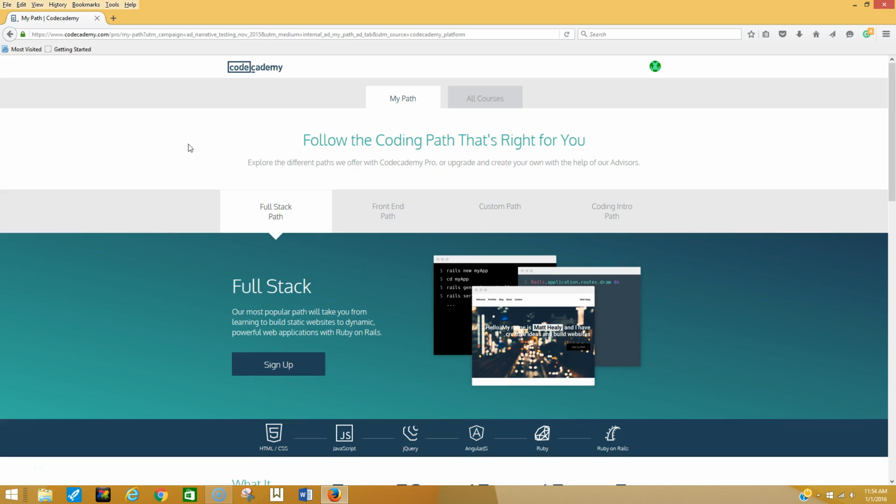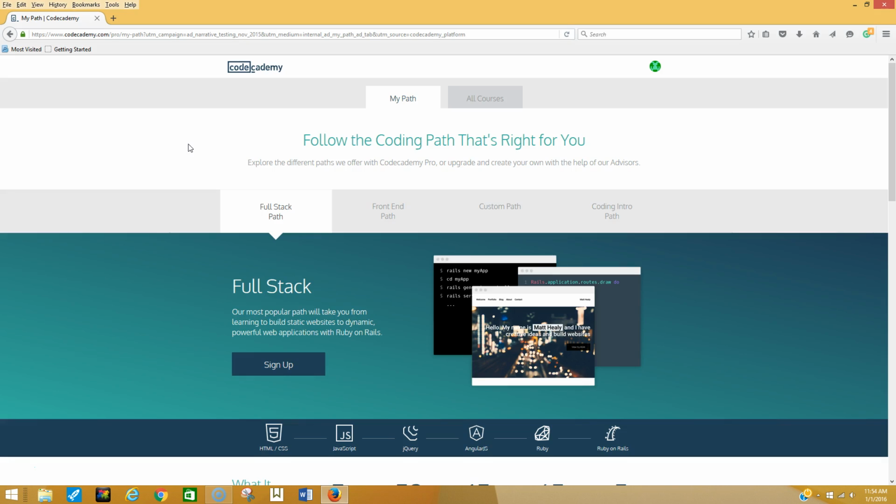Codecademy allows, whether you are a developer who wants to brush up on skills in languages that you may have gotten a little rusty on, you can do that. And for people who have an interest in coding as a beginner, you're able to go through these interactive modules with Codecademy. One thing I want to get into before I do an actual review of this product or this web-based